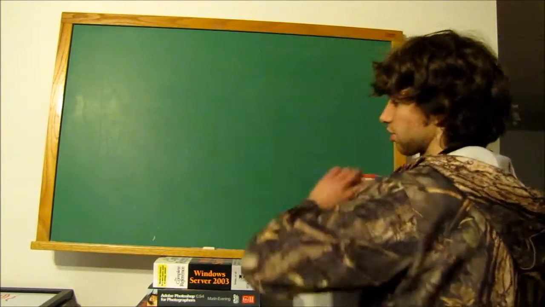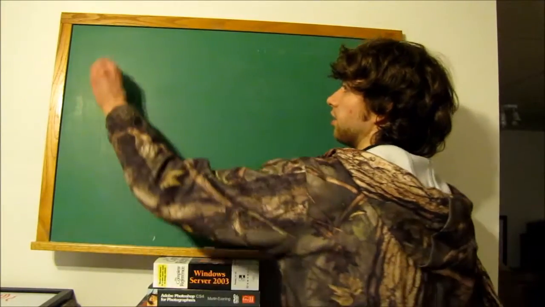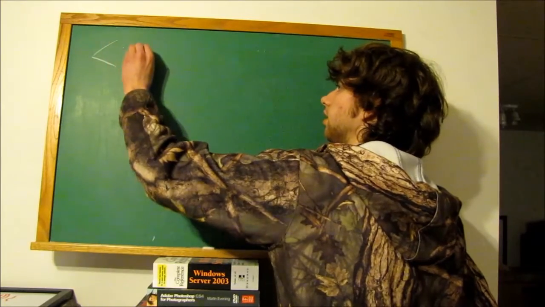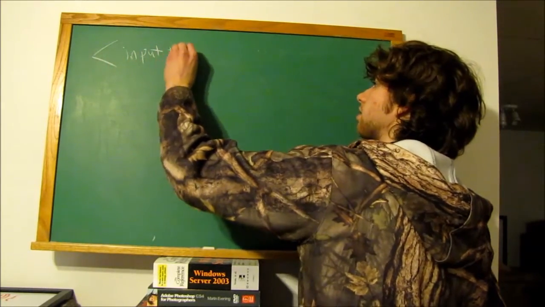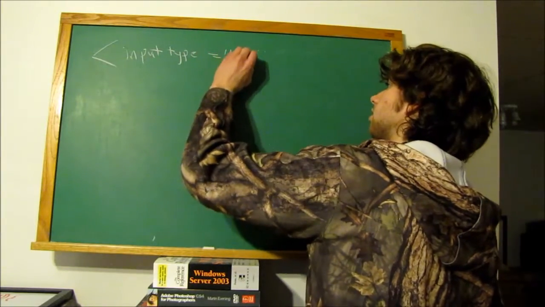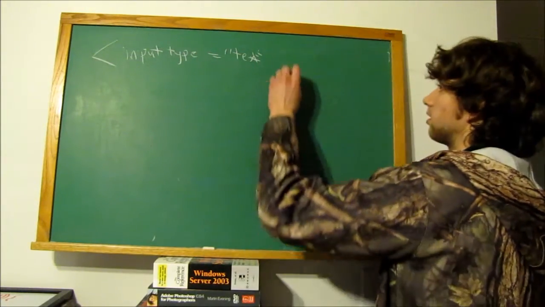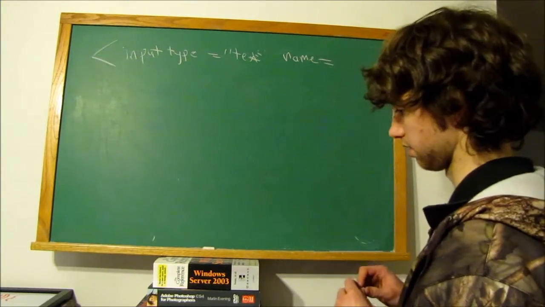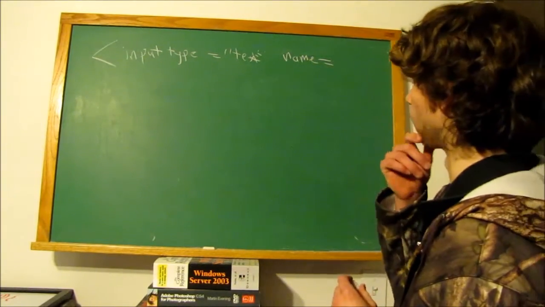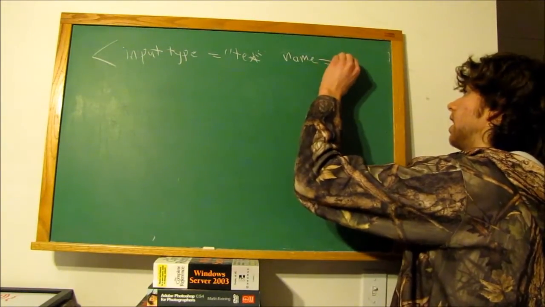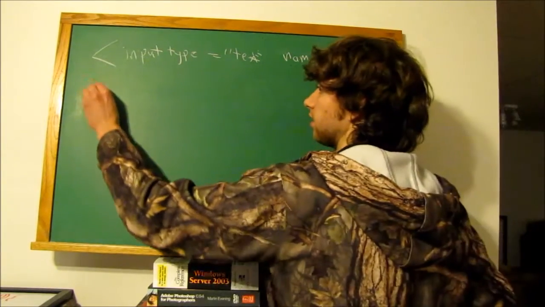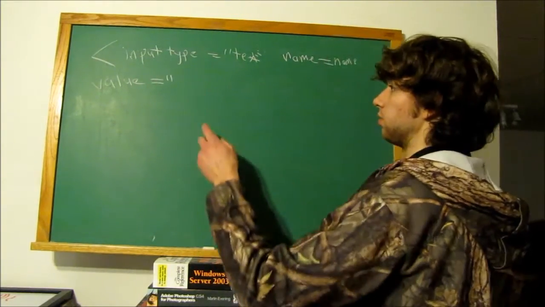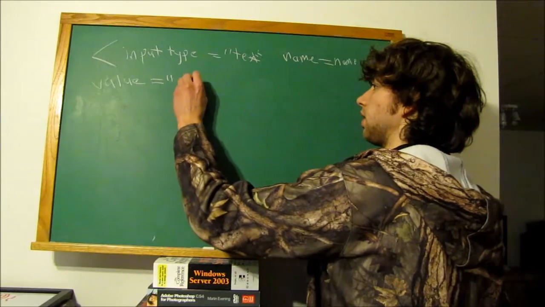Alright, so let's just show what the whole thing would look like. Within our HTML we would say, I guess it'd be input type equals text, name equals, let's make it name, and then we can have a value equals, open our quotations, and then we're going to start our PHP,